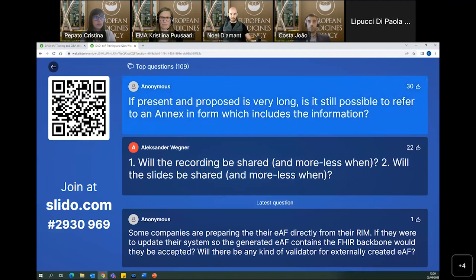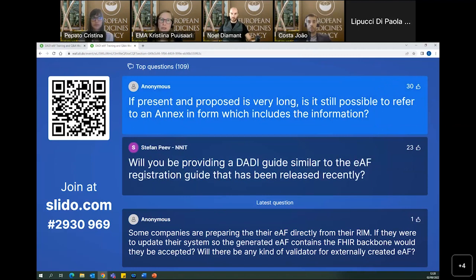If the present and proposed text is very long, is it still possible to refer to an annex in the form which includes the information? Of course, there is no change to the procedure, but this would not be advised, because if you have an annex, the data in the annex could not be automatically imported into the systems.